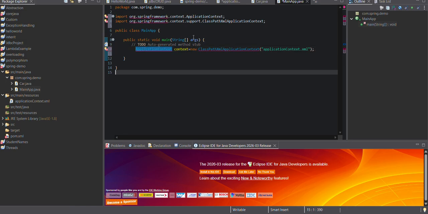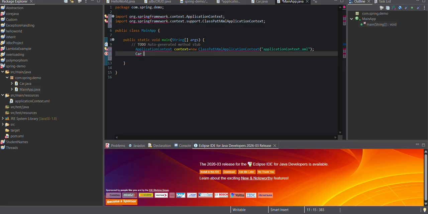So here you'll be giving this, then you'll be coming into the main method. Inside the main method, you'll be calling this file. First, it will come here and load this file. Then in the second step, which is the very important step, we'll be giving the creation. So I'll be creating car is equal to